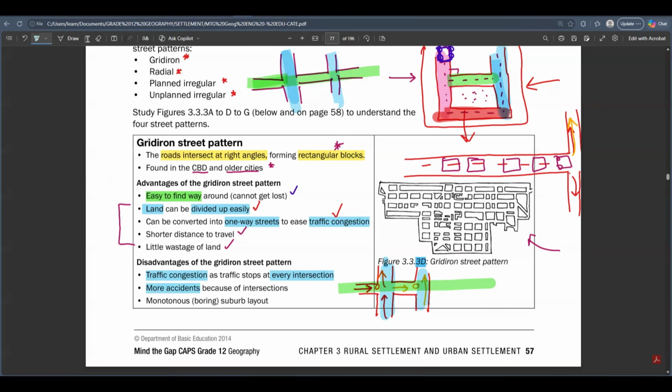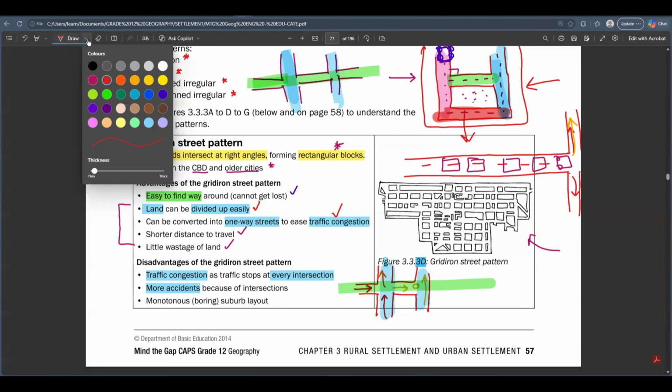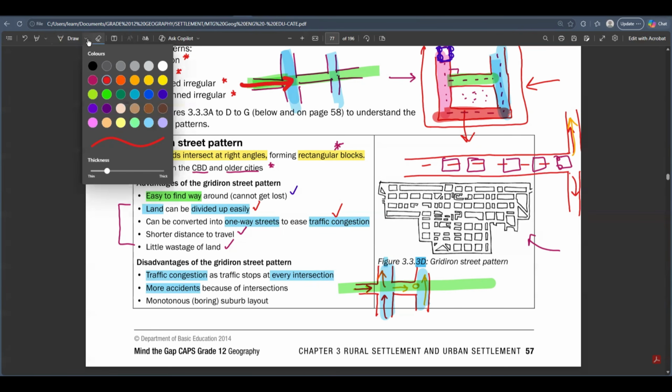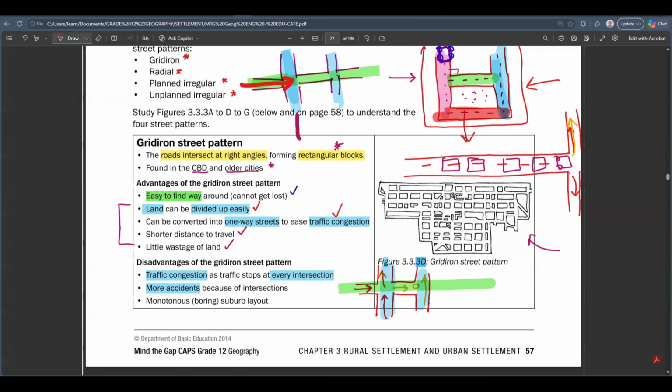Let's just assume, guys, that there's no traffic lights. Remember, this is all about different scenarios. If we don't have traffic lights, and your street pattern is like this, it simply means there is a chance that a car is coming from one direction. Let's just say a car is coming from this direction. Here is a car. And then we've got another car coming from the other direction, and there's no traffic light. What happens? They're going to collide into one another.